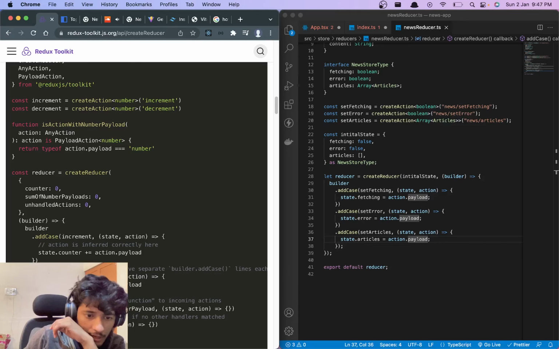Okay, add matcher: you can apply a matcher function to an incoming action. How does that work?